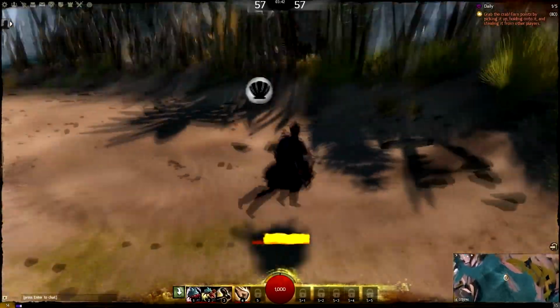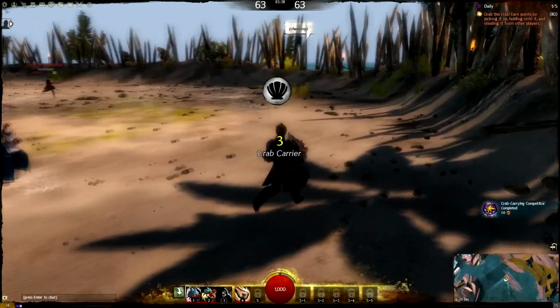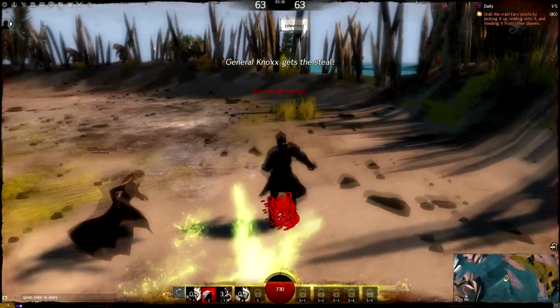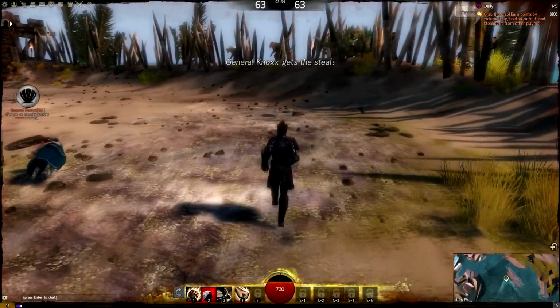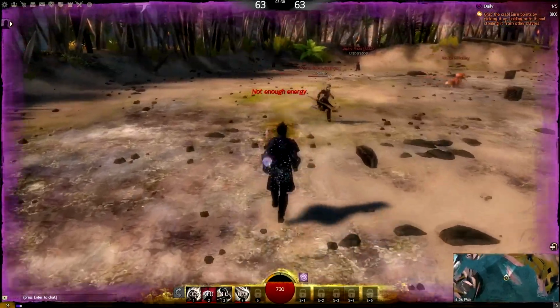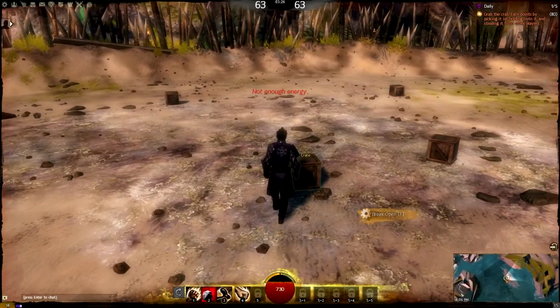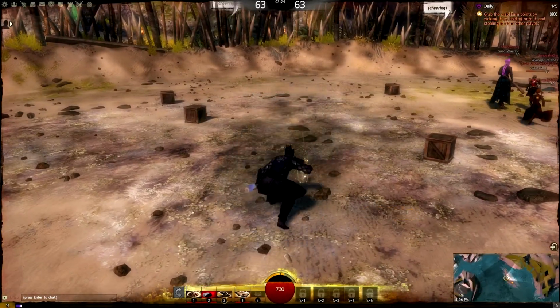One on your face will cause you blindness, meaning your attacks will miss. Oh, hell yeah, crab carrying competitor. And one on your legs will cripple you, obviously. And I'm not actually sure what the third one does. I think it just does whatever, and they all damage you over time, so it's just inconvenient to have on